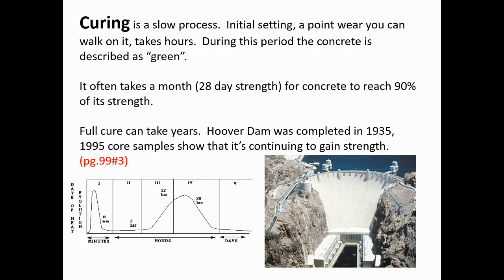After you have everything mixed up and you put it in the mold or the form, we'll call it the baking process, it's really the curing process. So the concrete has to cure. When you first do concrete, within hours you could probably walk on it. You'll see that it has a slight tint of green, maybe for the first day or two. That's a sure sign that there's still moisture in there, and it's still kind of curing. And then you can see that it takes almost 28 days for it to reach 90%